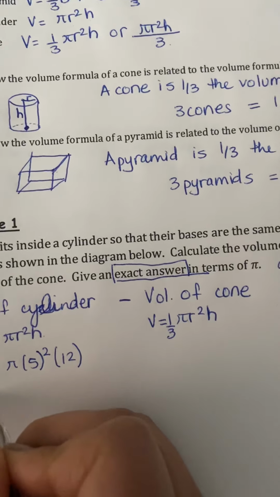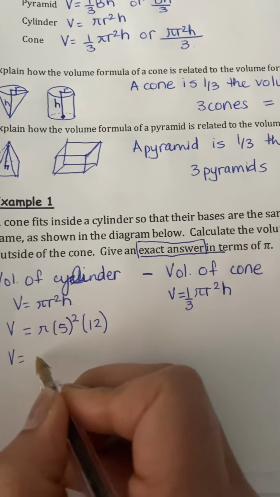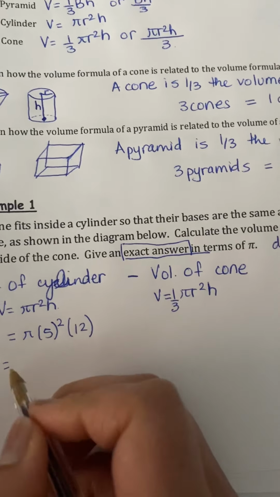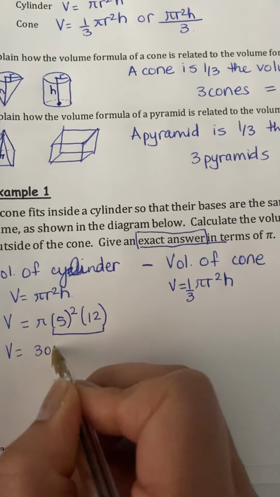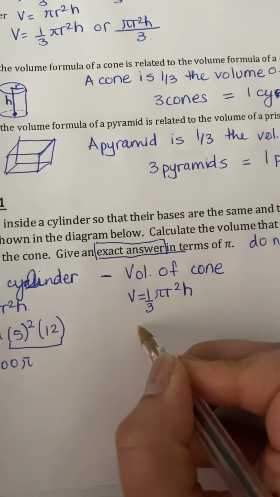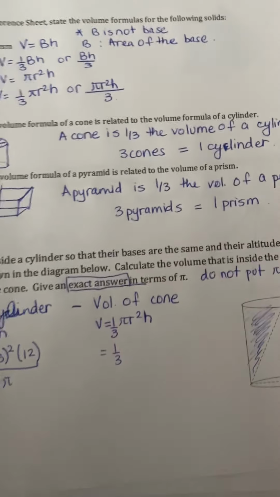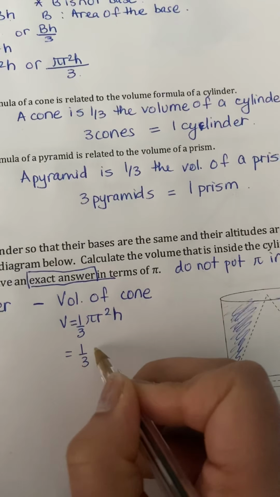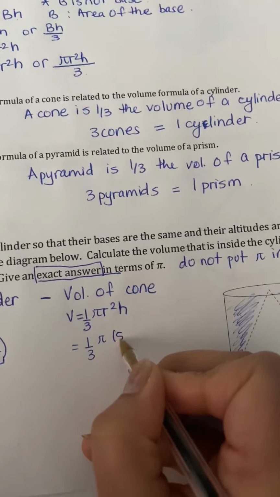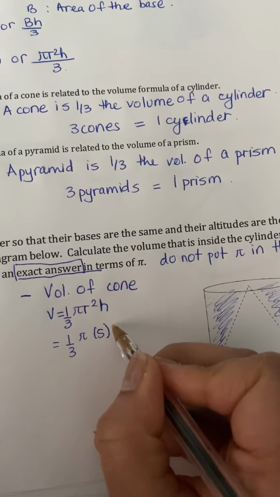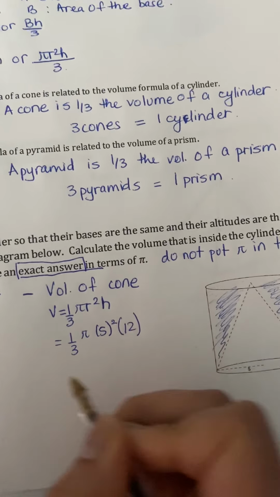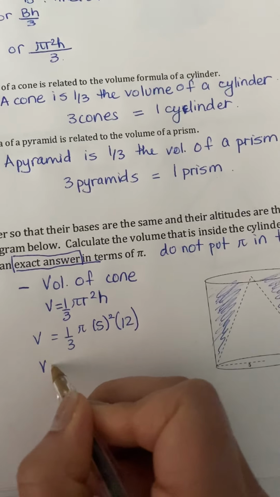Now remember, what did we say? We're not going to put the pi in the calculator. So you're just going to put these numbers in the calculator, and it's going to be 300 pi. Now 1 over 3 pi r squared h, which is again the same numbers, because we have the same radius,